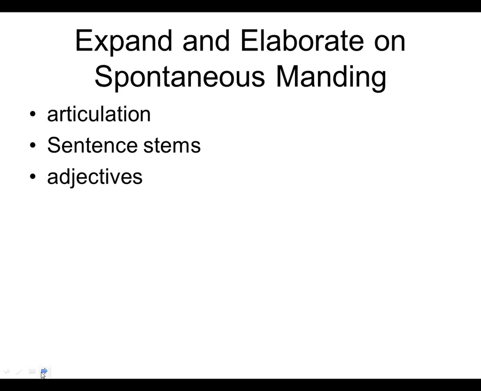When you're using spontaneous manding, that's when you can bring in expansions and elaborations. So now that your child is not needing to learn to mand, they're manding. Now you might be teaching new mands in that same way, but the ones that they already know, you can start expanding on. When they mand, you're going to model better articulation or adding words to the sentence of the request, and use that procedure that we went over for expansions and elaborations.